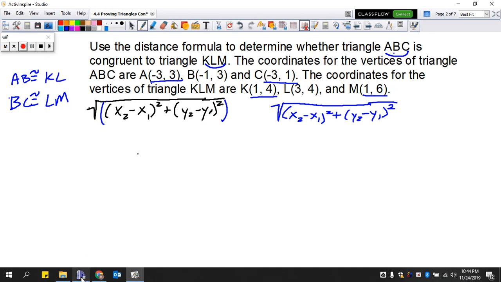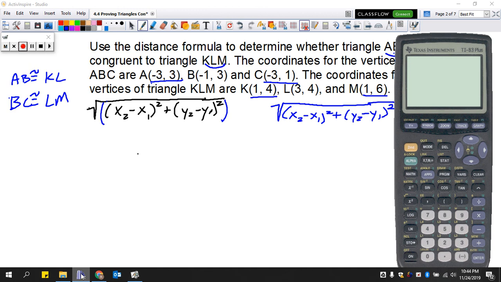All right, so we're going to do square root of negative 3 minus negative 3. So negative 3 minus negative 3, close it, square it, plus 3 minus 1, close it and square it, close the square root,